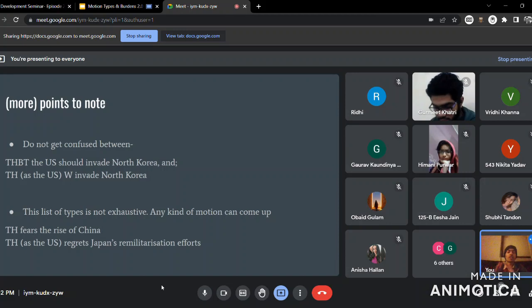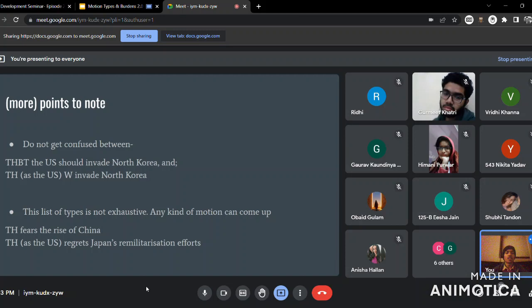So another type of motion would be this house celebrates hookup culture, possibly. So celebrates is a word that's opposite to regret. So in that, the burdens swap. So these are types which are not covered in the manual or not covered formally in briefings, but these can come up as debate motions. So what you need to do is be calm and apply the burdens, figure out what to do in this and accordingly think.